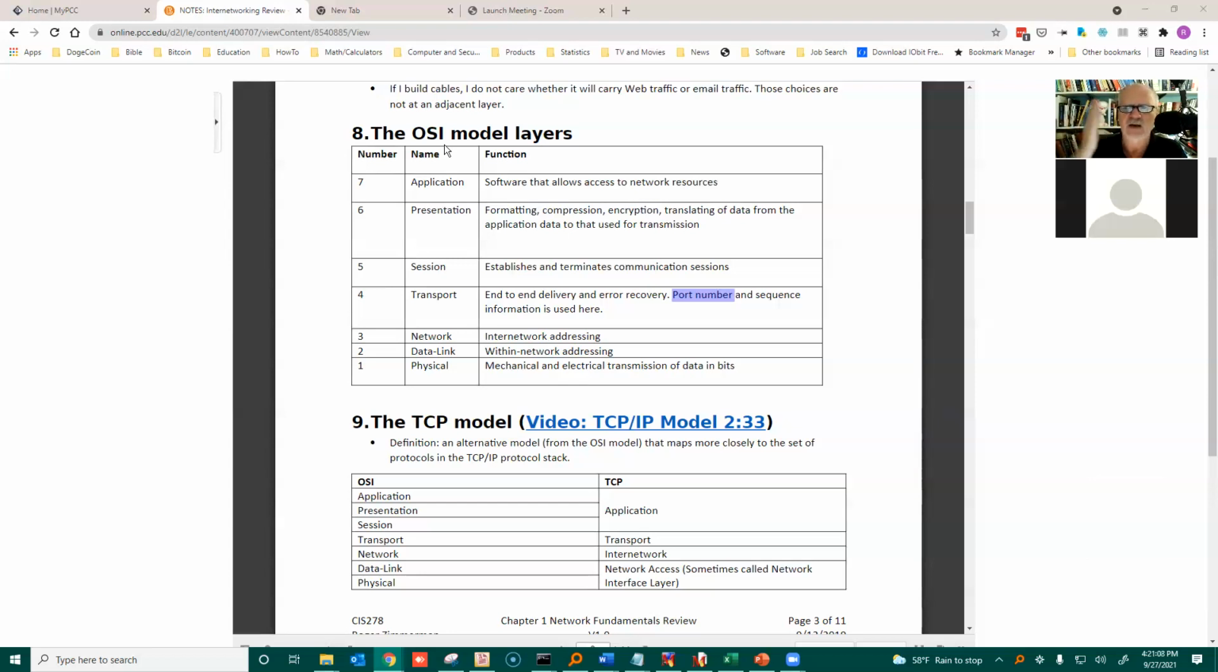We're going to chop it up into what we call segments. And each segment will have that port number put on it. It will also have a sequence number put on it. Imagine that